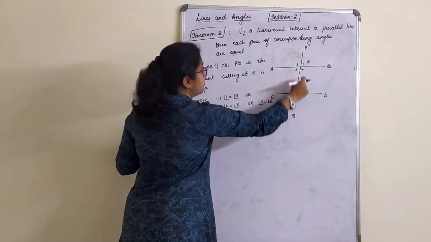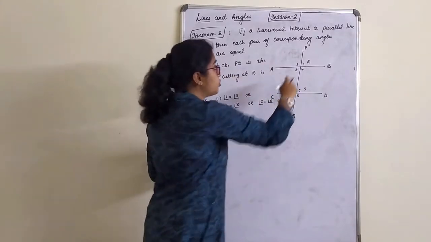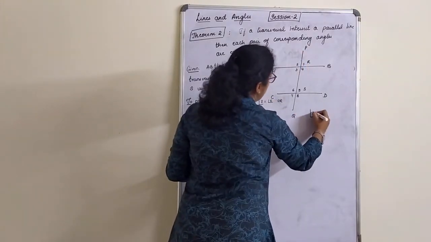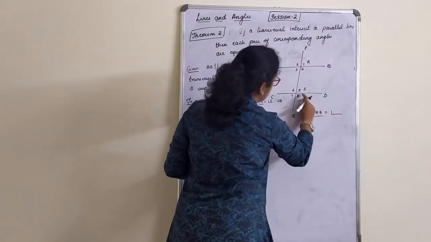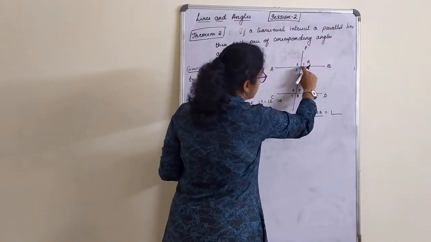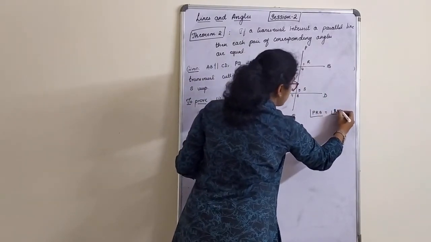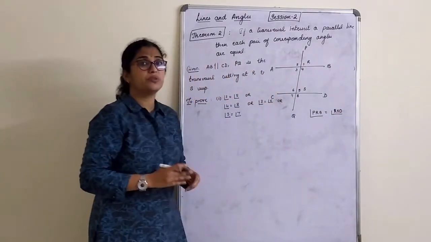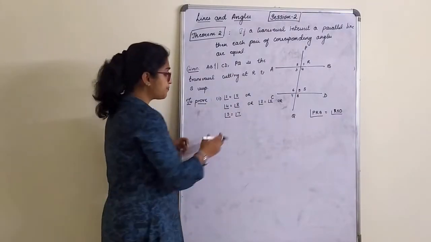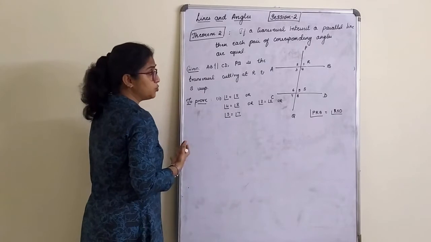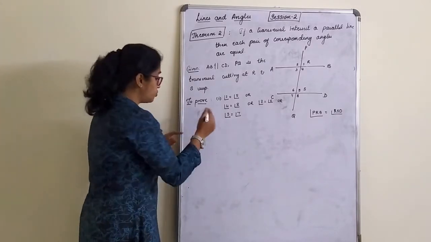Angle 1 is equal to angle 5. Okay, let me read and show you. I'll just write one angle and show you here. We'll read this as angle PRB is equal to angle RSD. Right? This is how we are going to read the angles. So that's an example. You can as well do it in this way. Any one pair you can choose, but analyze beforehand only which pair you want to choose.